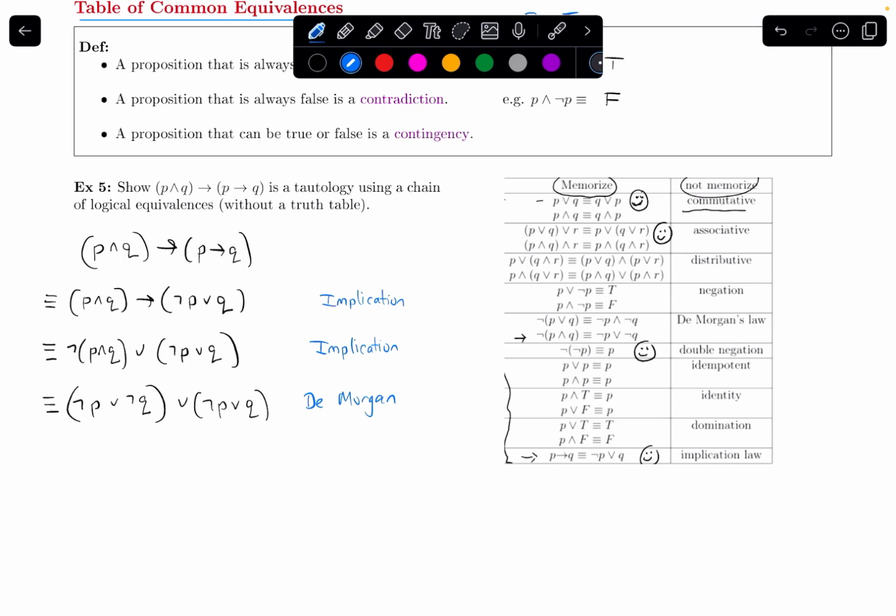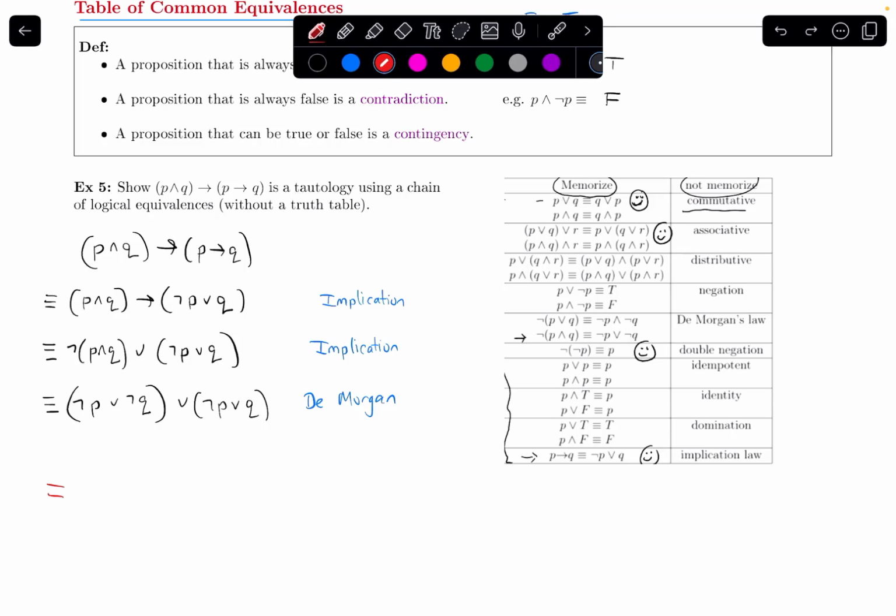Okay. So at this point, what we have is all or statements. Here's an or, here's an or, here's an or. Okay, so I like that. The other thing in terms of strategy is that I'm hoping to show that this is a tautology eventually. If I keep going, eventually this will just be equivalent to a true